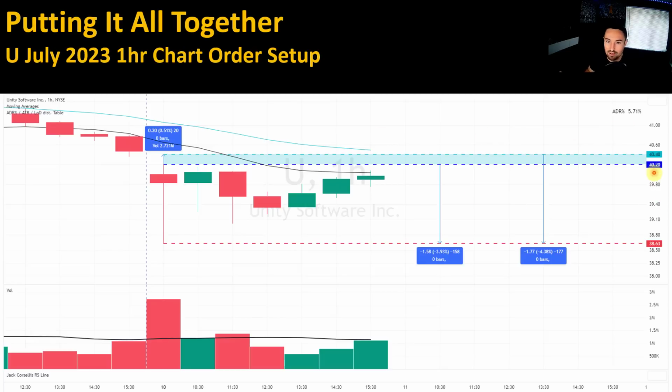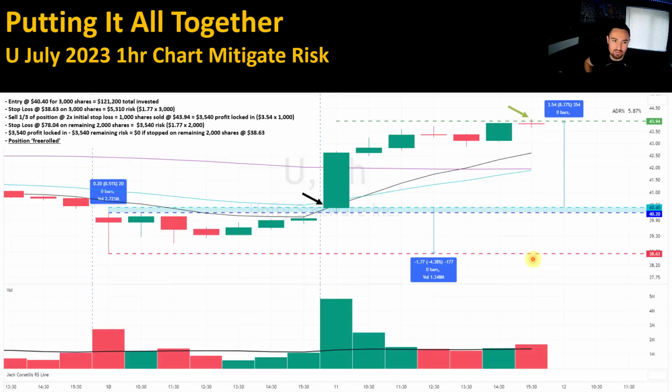So in this instance, 40.20 for the buy stop price, then the limit 40.40 like that. Max risk on the trade would be down here at 4.38%, which would be $1.77 worth of risk. So entry there makes sense. Let's run through this one so you really start getting the risk mitigation element. Entry at 40.40 for 3,000 shares, that's $121,000 invested. Stop loss at 38.68 on 3,000 shares means there's